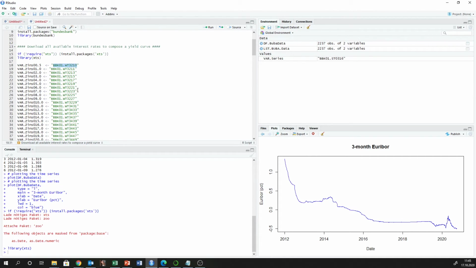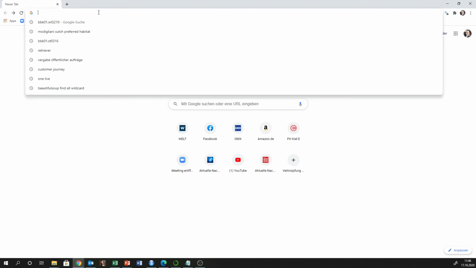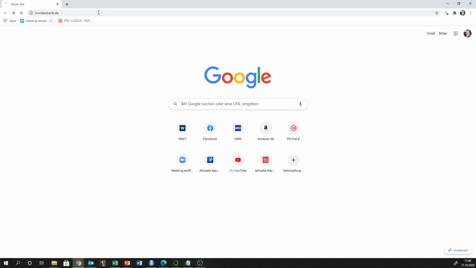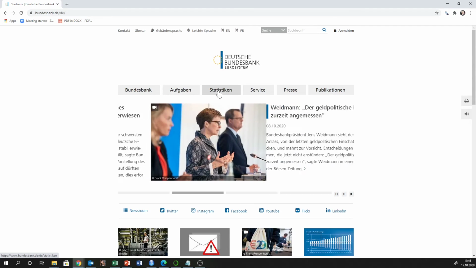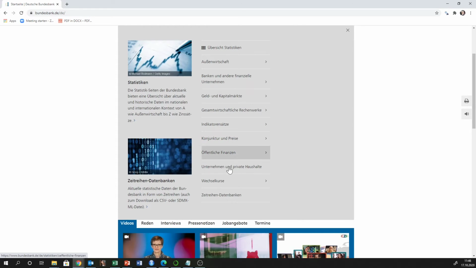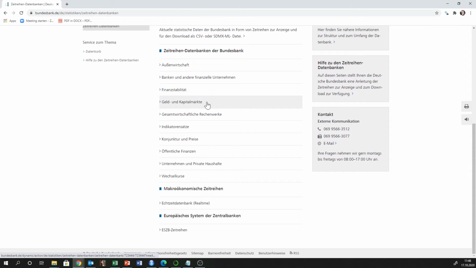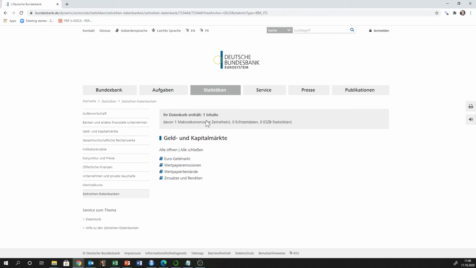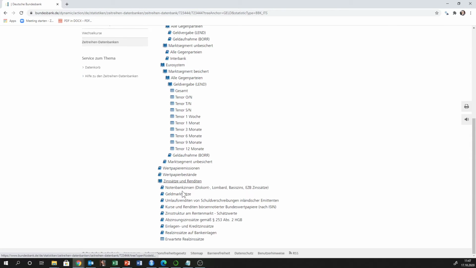Where do I have those names from, by the way? So here's Google. I go to Bundesbank. I will find some, is it statistics? Just to have a look. Time series database. Money and capital markets. No, we need to go into interest rates and yields. And here we see money market